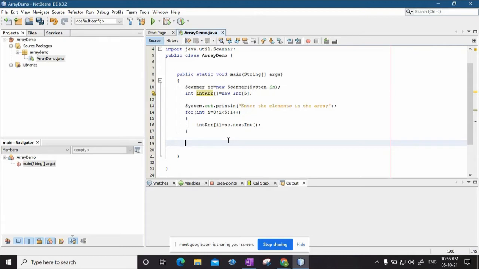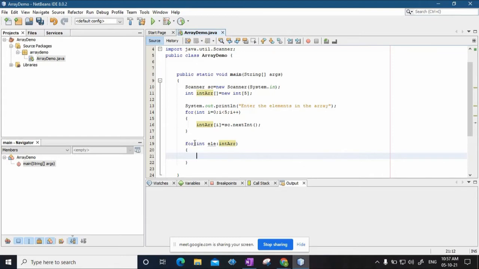So I write like this: for int ele in the array whose name is int arr, it is, not array. Now just see, this is called the for each loop.